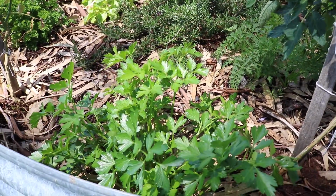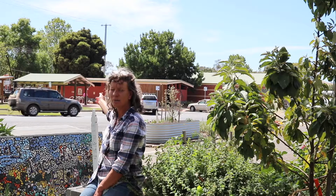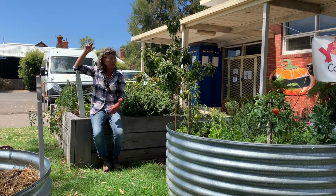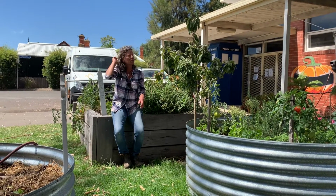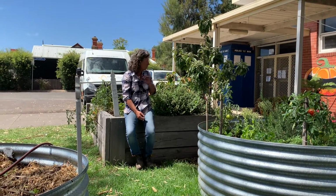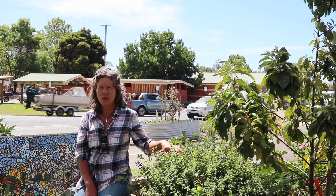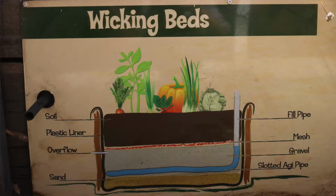We've got two bee gardens, so that one over there is our bee garden because there's no flowering plants around here. There are actually no bees. So we actually had to put in a lot of bee-friendly plants to get the bees to come in to pollinate. So we put the deep-rooted ones in here, which is what wicking beds are actually good for. They're not good for short-rooted